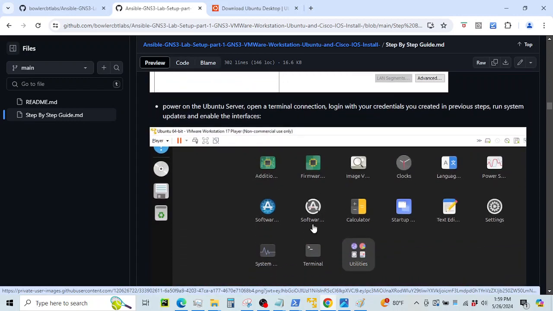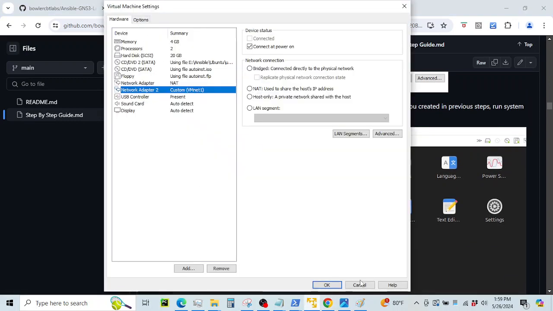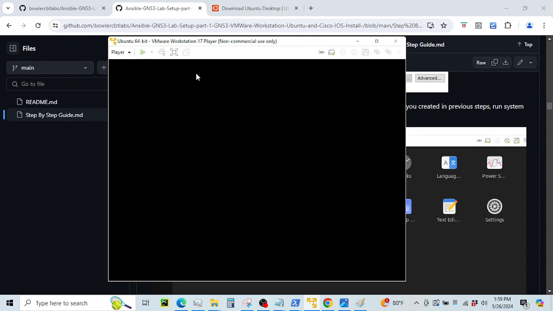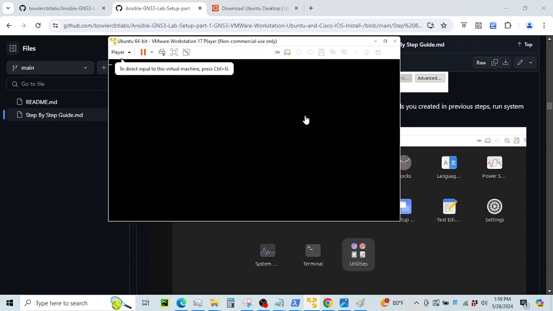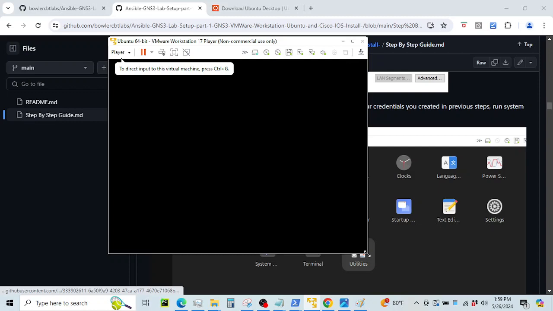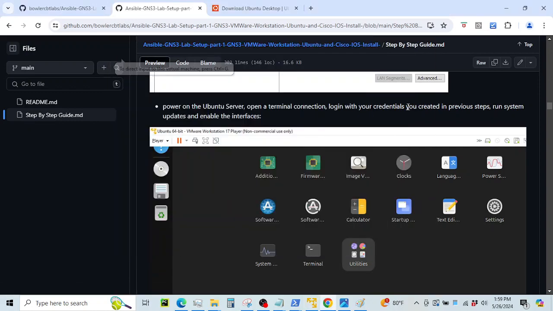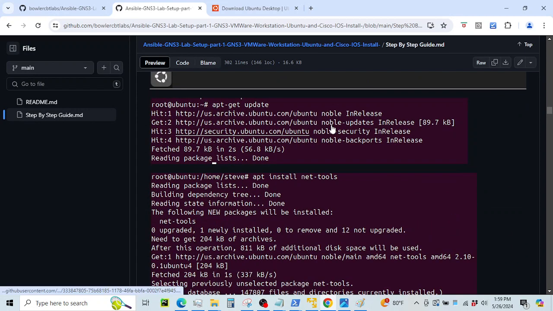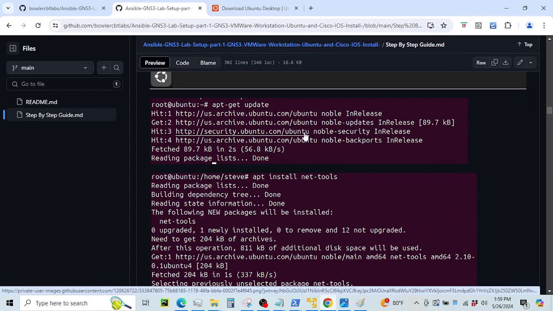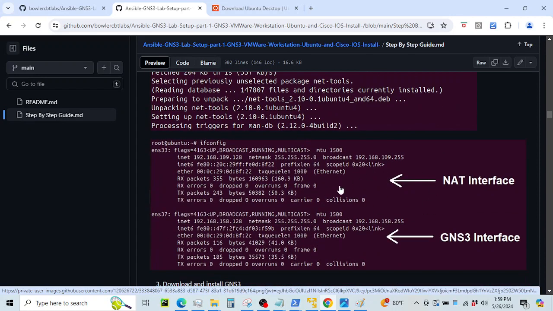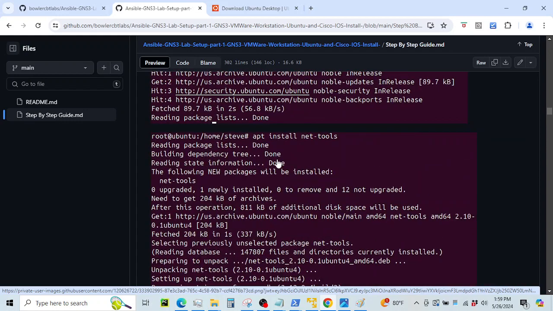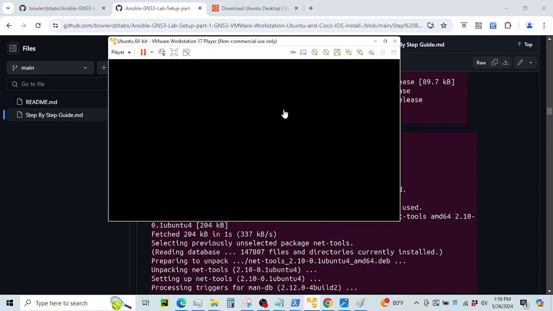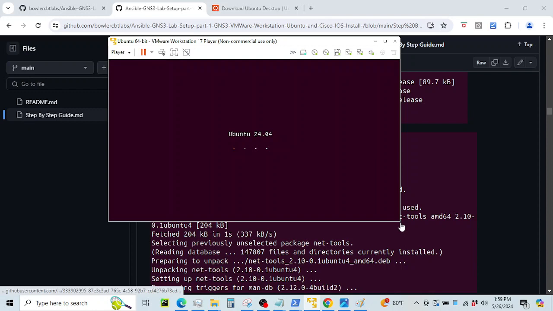Okay, so let's start by going back. We're going to power on our system, and once we get this powered on, we're going to run through a couple of the settings. This is to update the system, and we'll install our network interfaces, and then we're going to take a look at them. Once that is complete on our server, our VM, we will go ahead and download GNS3,